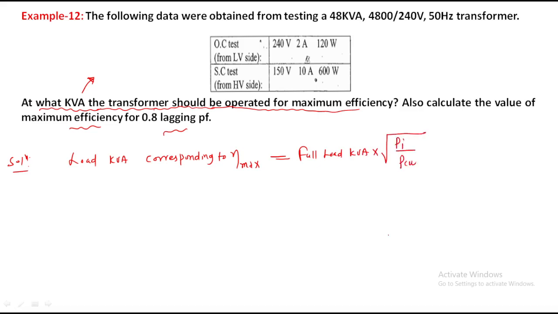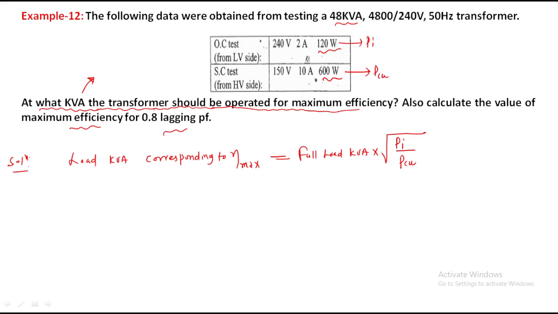Full load kVA is nothing but 48 into 10 cube. We just have to calculate Pi by PCU, right? All data is given: Pi is 120, PCU is 600. Square root of 120 by 600